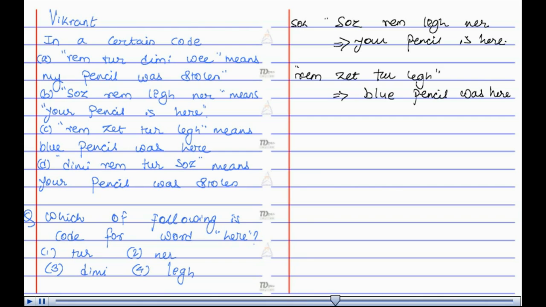So from these two statements we can easily get that "rem leg" means